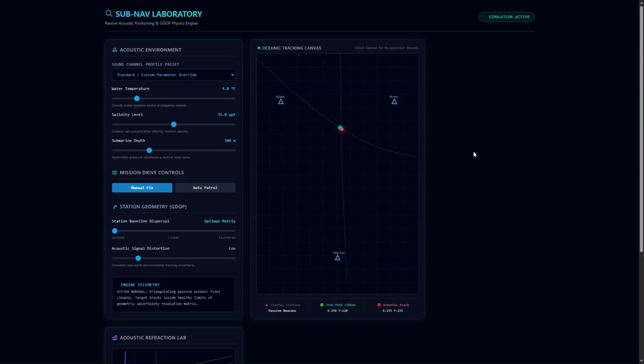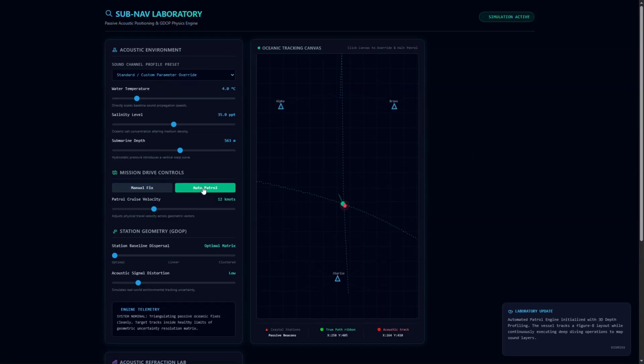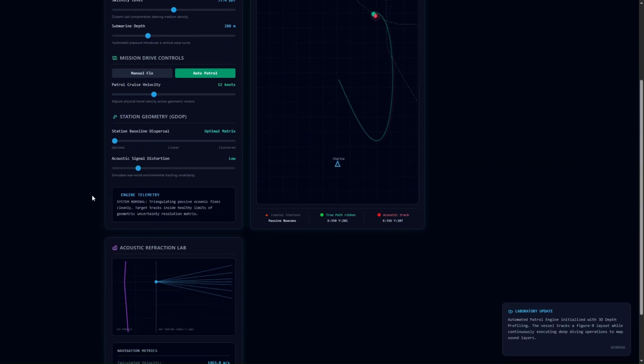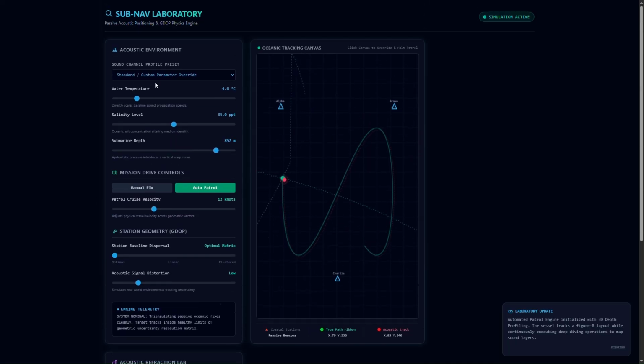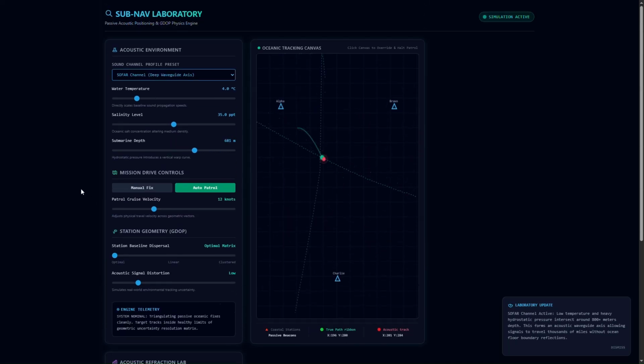The simulation models passive underwater positioning, demonstrating how a vessel resolves its coordinates by measuring the time difference of arrival, TDOA, of acoustic signals from multiple synchronized coastal stations to map intersecting hyperbolic lines of position, LOP. This navigation framework is governed by both geometric layout constraints and dynamic fluid physics, geometric dilution of precision, GDOP, and